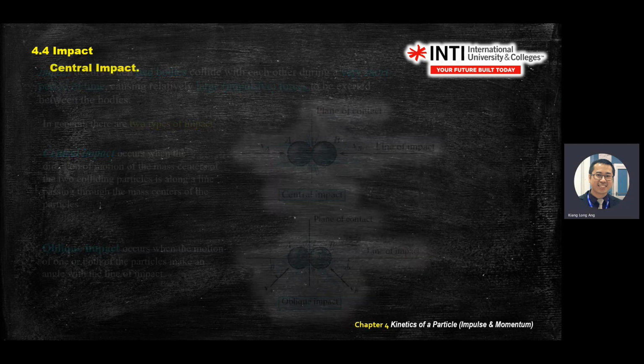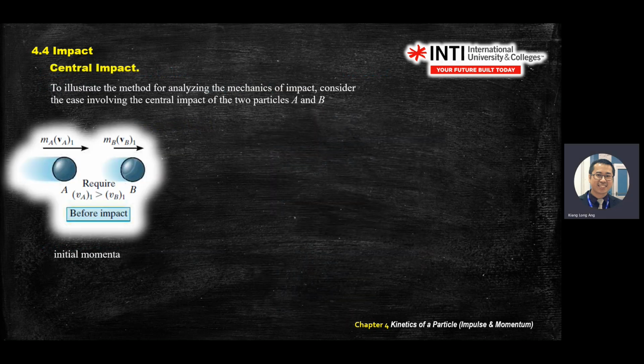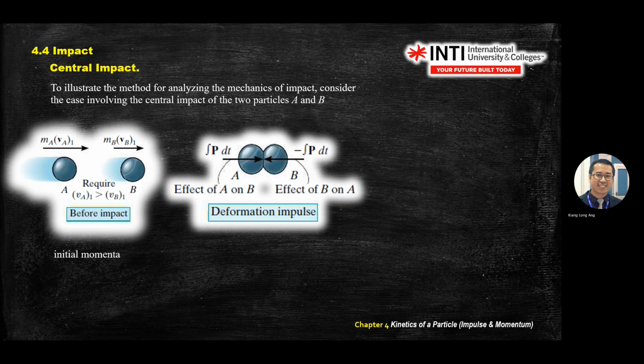Okay, so let's look at central impact. Let's say you have two bodies, V_A and V_B, but V_A is faster than V_B. Both are moving, but A is faster, so A is going to hit B, right? So here you have two bodies, conservation of momentum, mV. You want to look at the big picture. So then when it bangs,